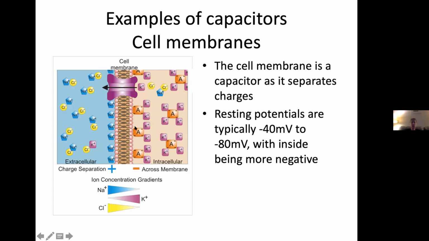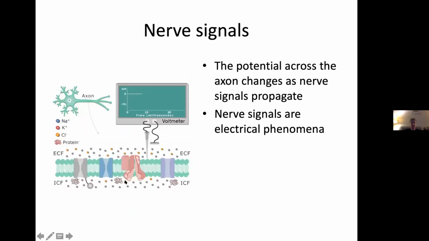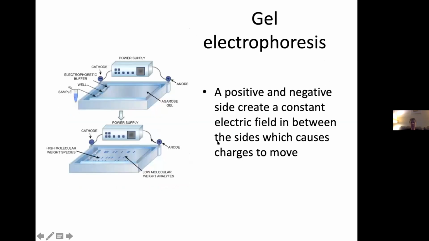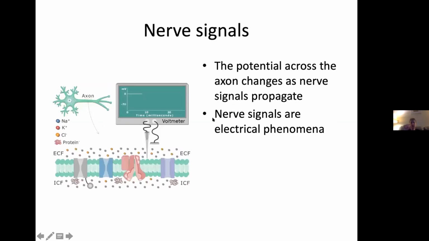And across the cell membrane, the potential energy difference tends to be about minus 40 millivolts to minus 80 millivolts, with the inside being more negative. So we'll talk more about that later. And one of the most famous applications of electrostatics inside an organism is the action potential and the change of the action potential down an axon. And a nerve signal is really the change of that potential as you go down the membrane